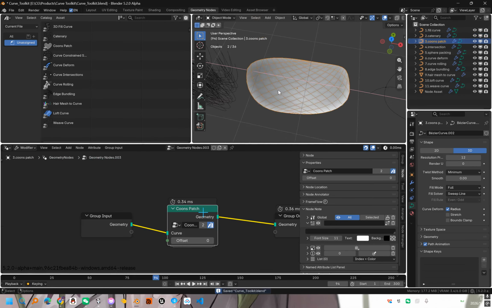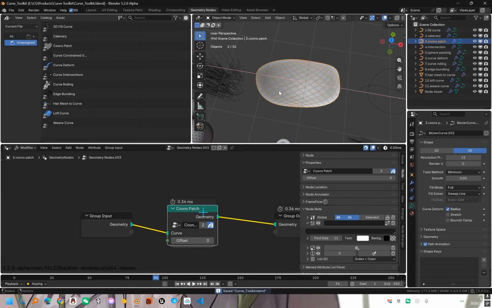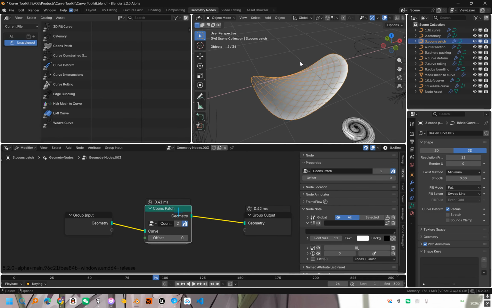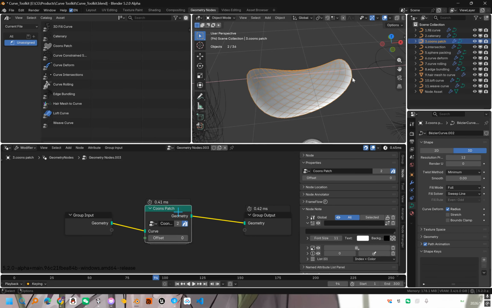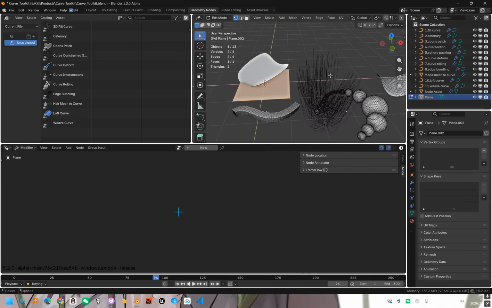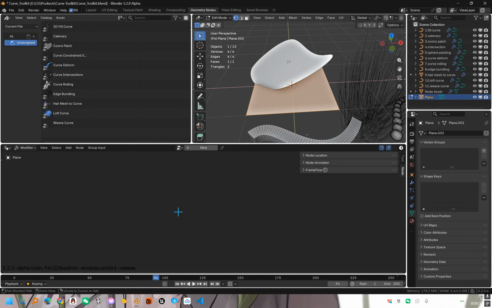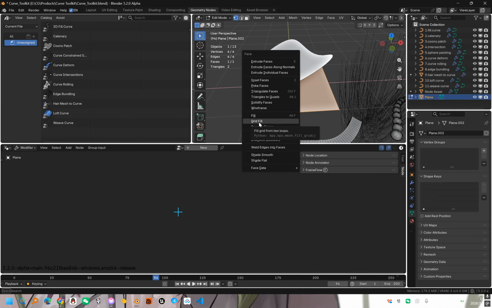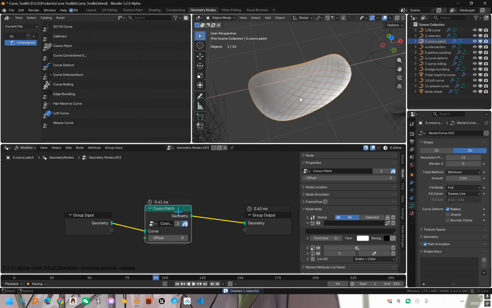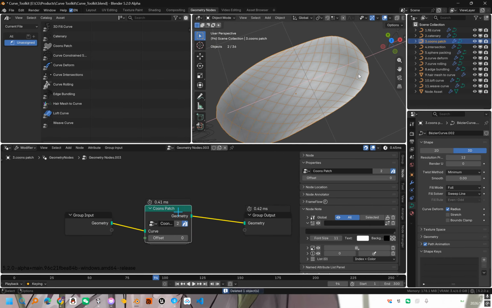The third one is cone patch, which takes a closed curve and then generates a grid fill for it. I think this algorithm is being used inside the mesh editing mode, and you can press Ctrl F to get the grid fill. Yeah, I think this algorithm is the same. Here you can see this grid fill,